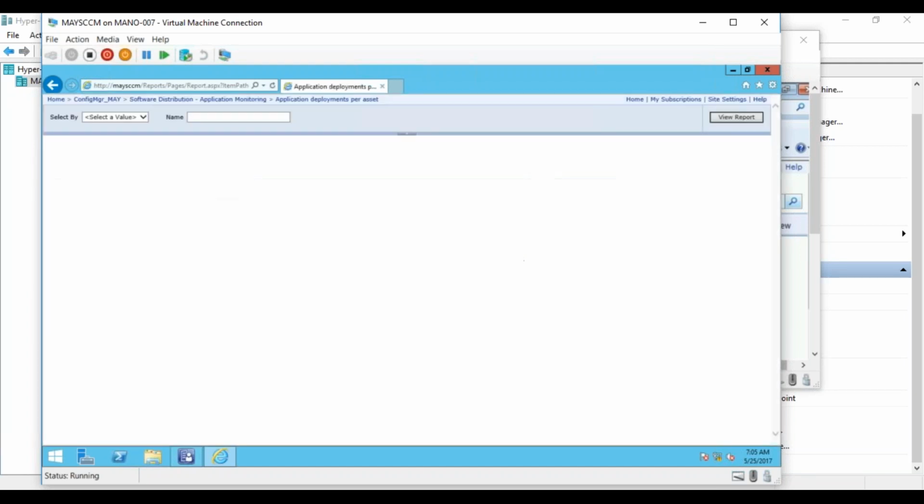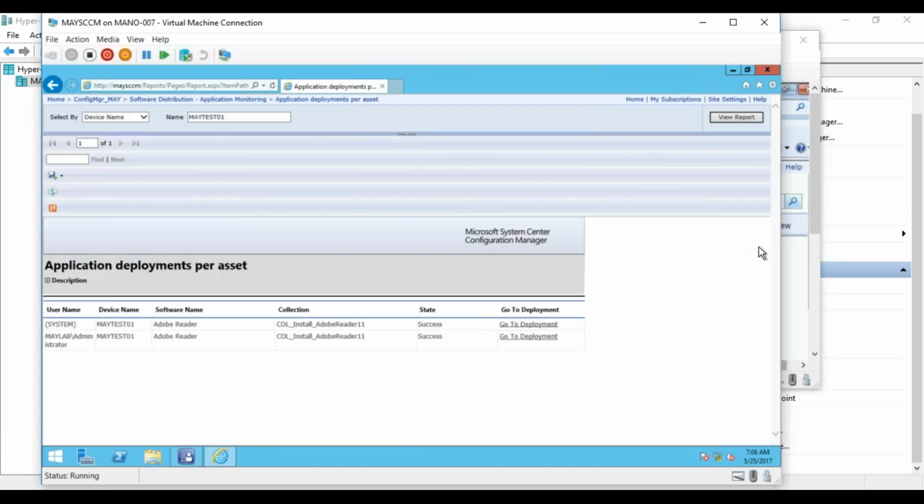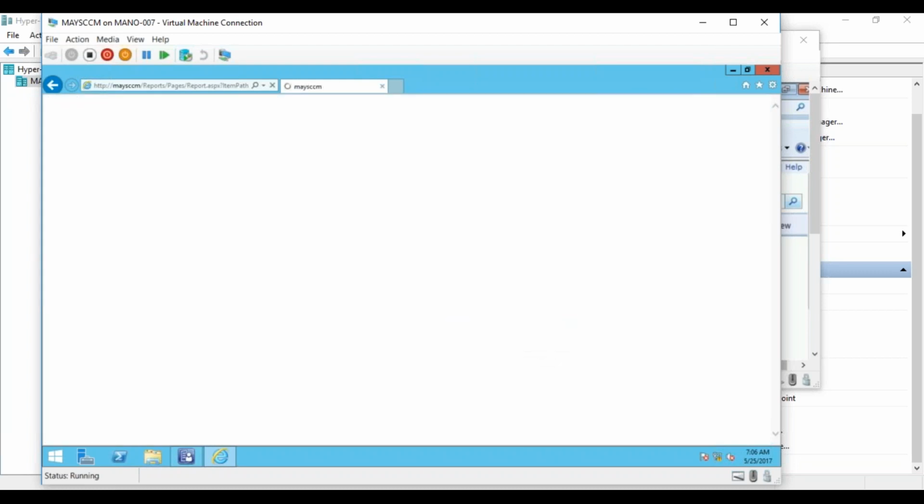Okay, application deployments per asset. I know it is May test 01. We report. So it says it was successfully installed. If I go to deployment,